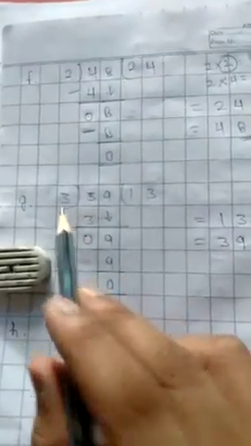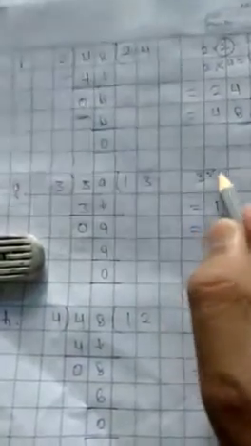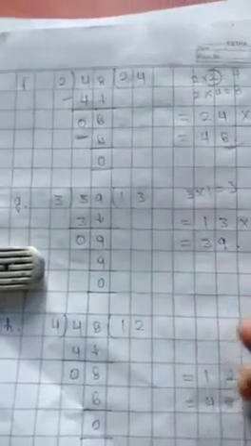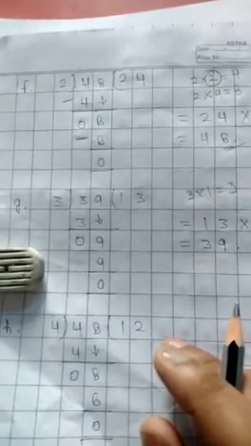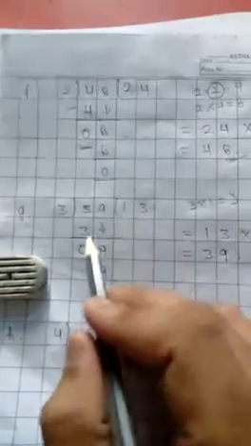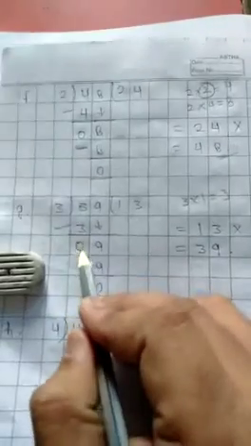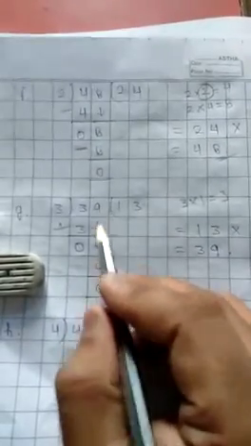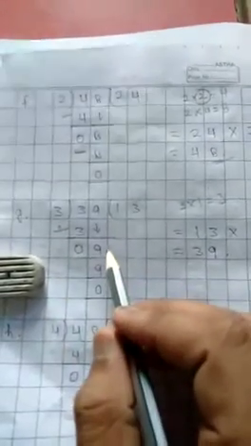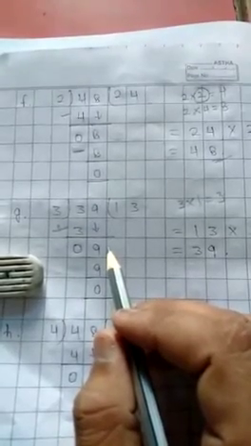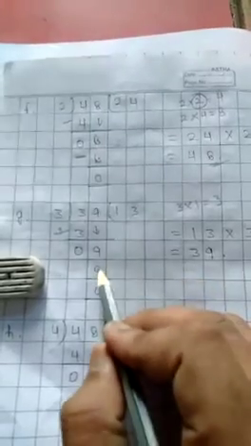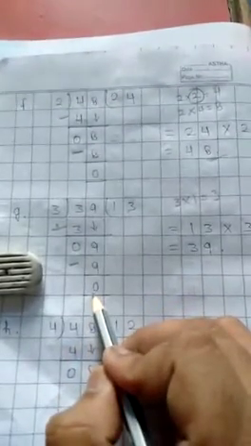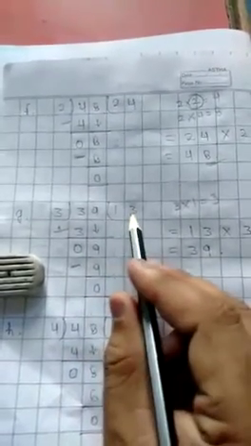So first 3 divided by 3. 3 1 ja 3. 3 can be subtracted one time from 3. So 1 right here and 3 right here. 3 minus 3 is equal to 0 and 9. Now 9 divided by 3. So 3 3 ja 9. So 3 can be subtracted 3 times from 9. So 3 right here and 9 right here. So 9 minus 9 is equal to 0. So it is 13. 13 is the quotient.